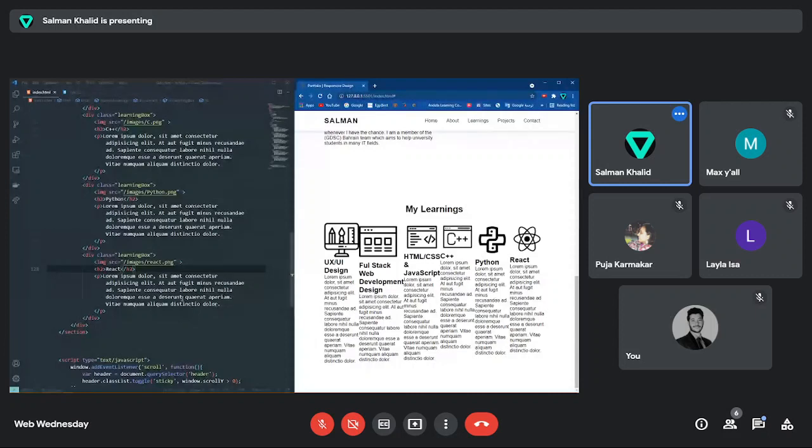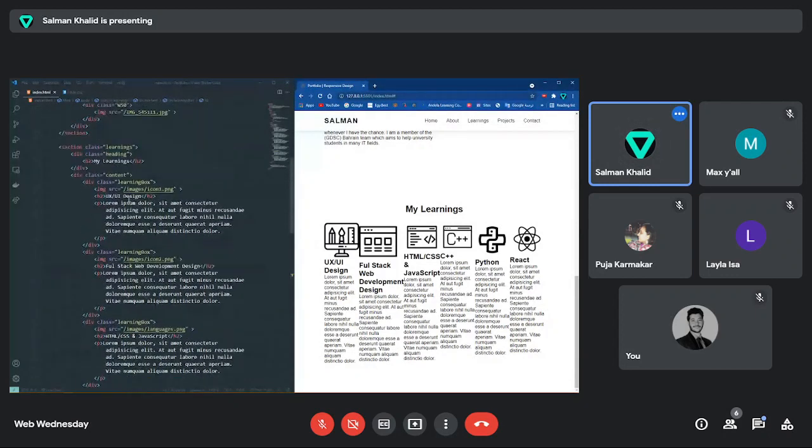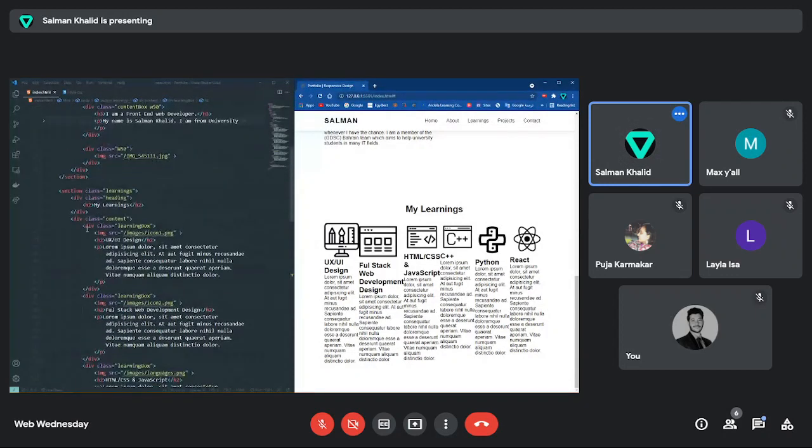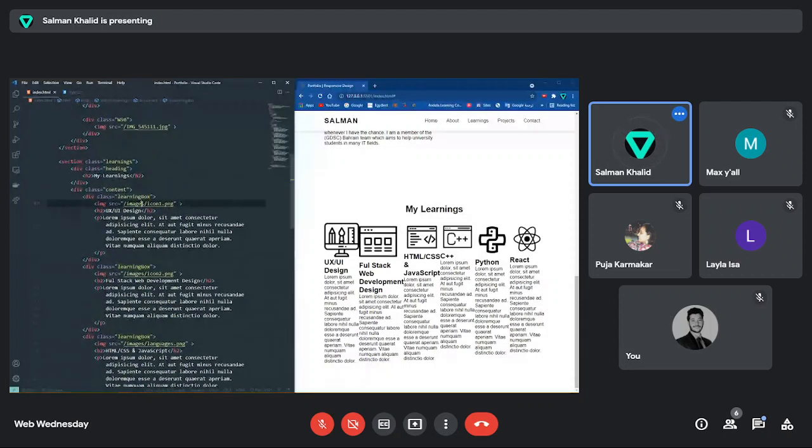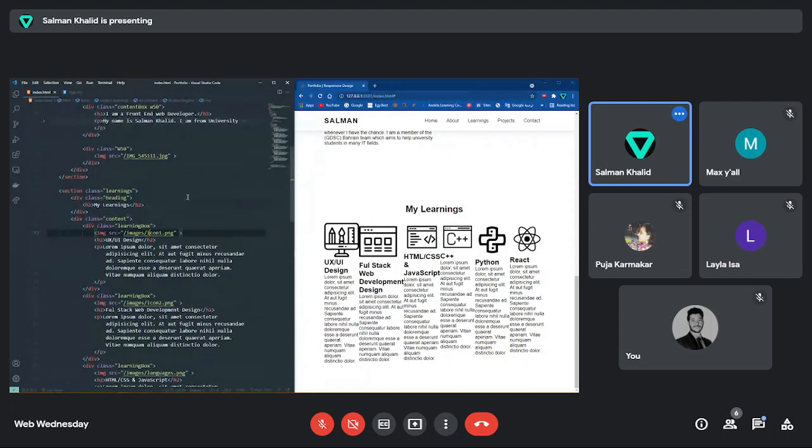Okay. So, did you guys keep up with this learning books? So they all have the class name learning books, as you can see here. And they have different images with different specification. Okay, so I want to specify what my learning is. So I will edit here in my heading tag. Okay, I will just put